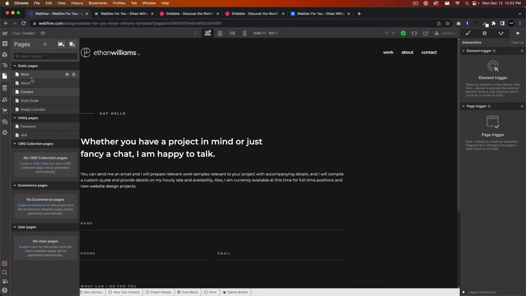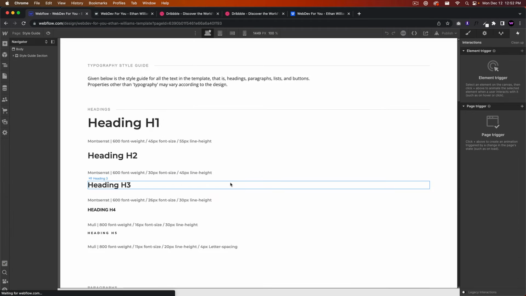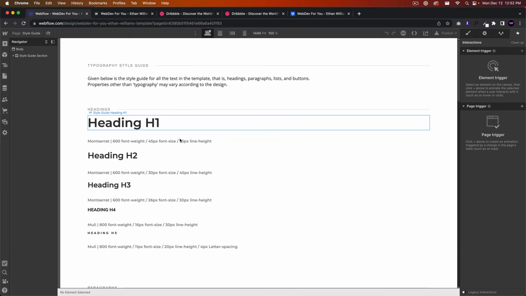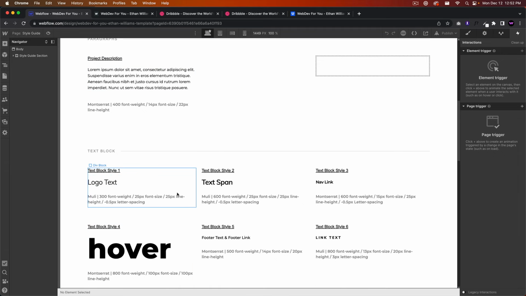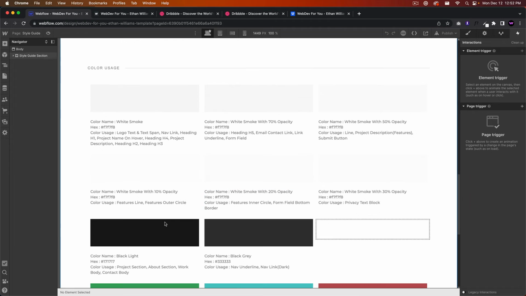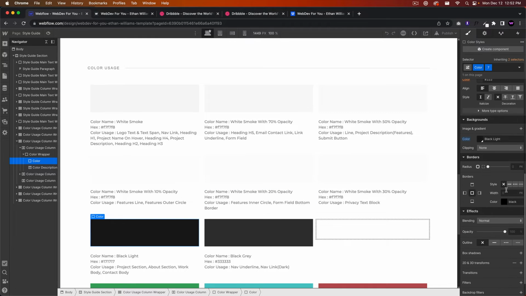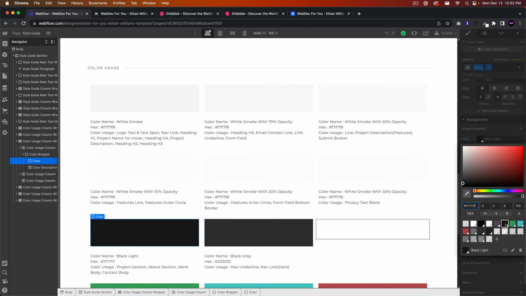We do have global swatches. We have the style guide here. The style guide shows all the headings, the different fonts used in the template and the different colors. So for the colors, we do have global swatches. If you replace this color here, and I'm just going to copy this, let's say I change this color to red,